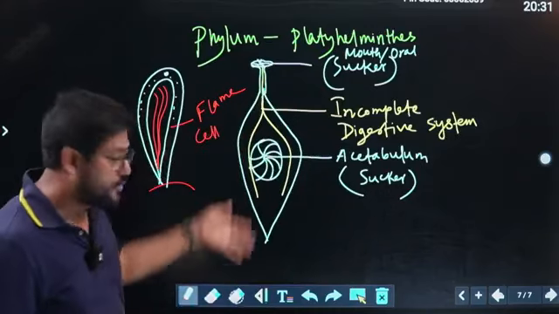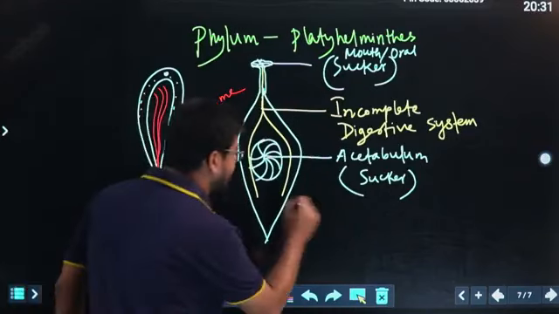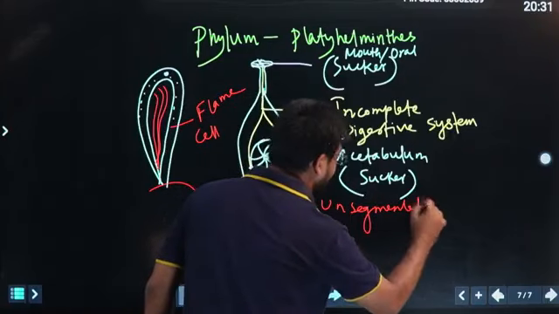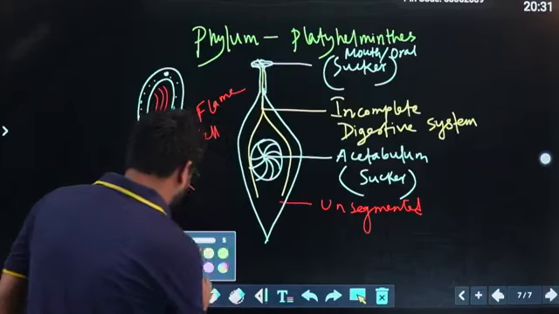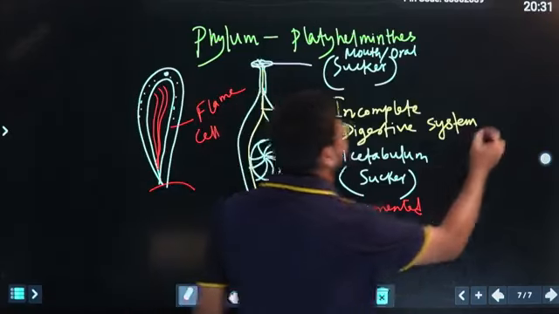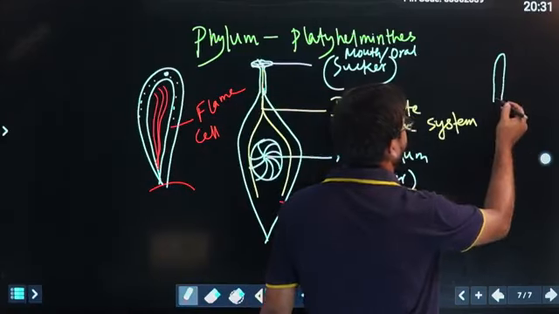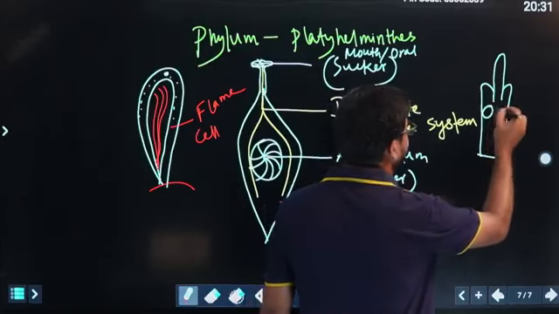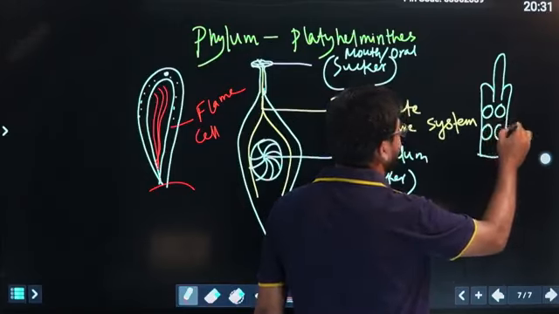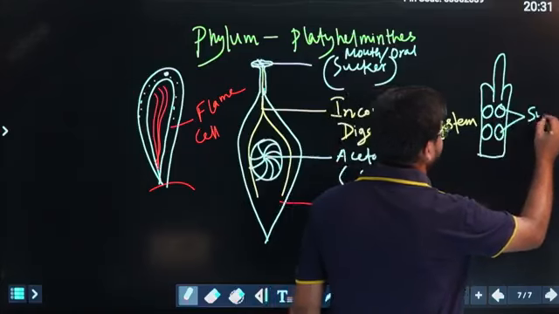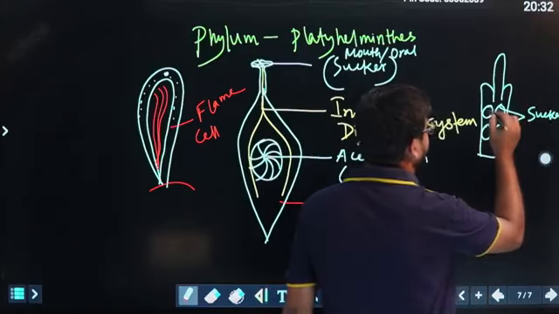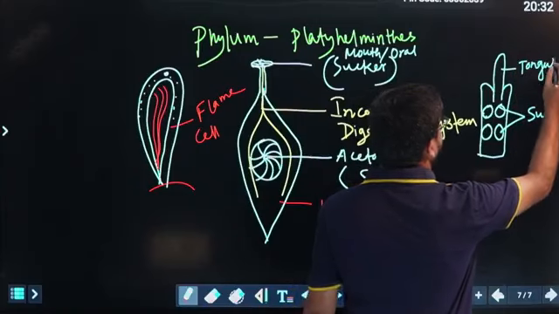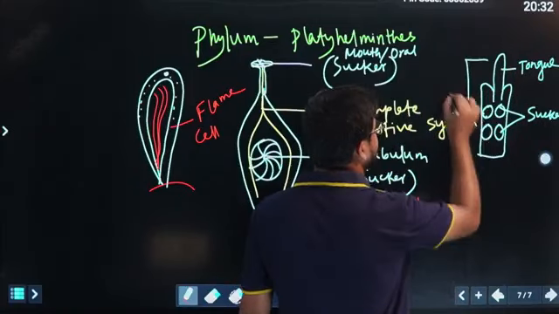Although here I am observing animals with an unsegmented body, there are a few animals that are segmented. Look, there are a few animals of this type. It is their tongue, another structure which contains four suckers. In the suckers there are some hooks, and it is their tongue. The whole structure is called the scolex.